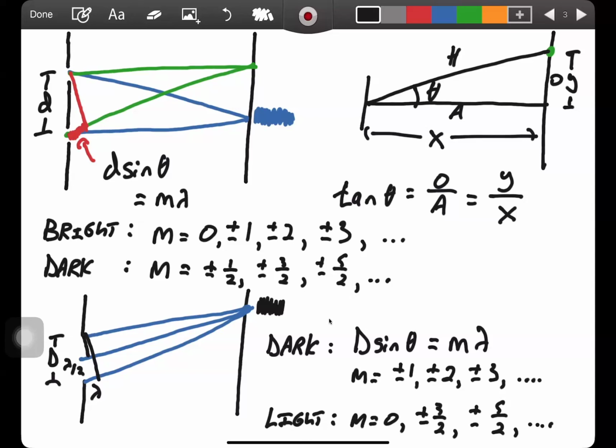So again, if you're asked a question where you need to figure out where the second dark region is, you know that it corresponds to the second order minima, so it's either going to be +2 or -2, depending on whether you're above or below the center of the screen. And I want to remind you that when you're talking about either interference or diffraction,